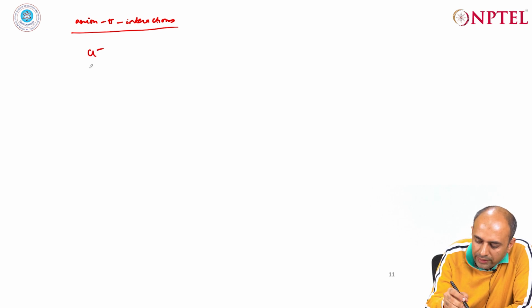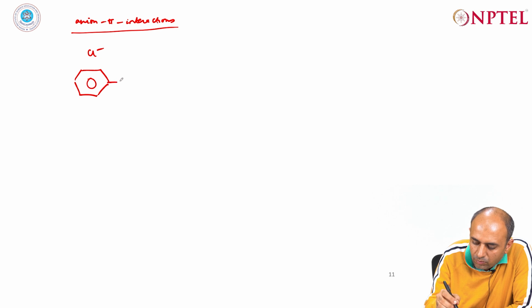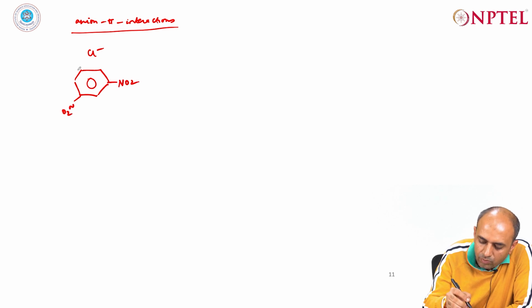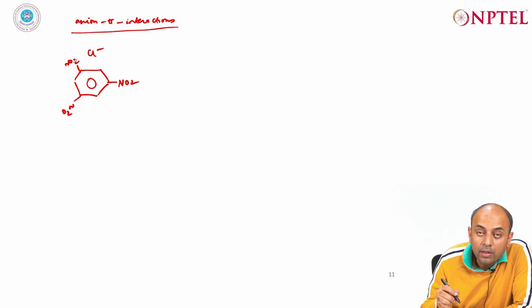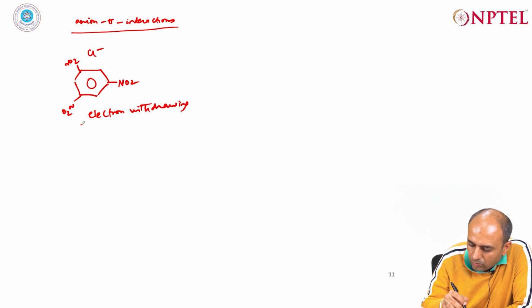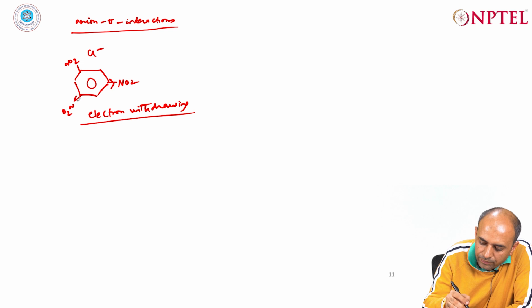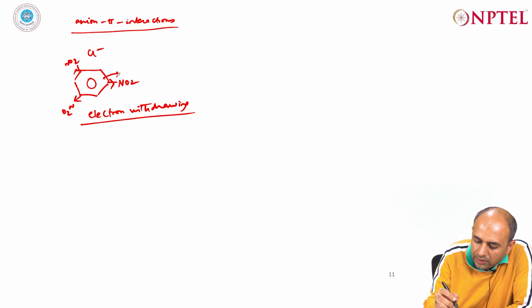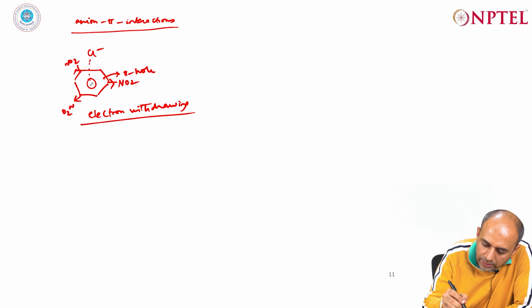So you can have chloride, you can put nitro groups. Nitro groups are electron withdrawing. They withdraw electron density. So that creates a pi hole, and now the chloride can interact